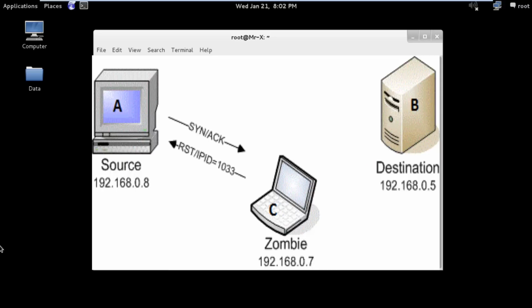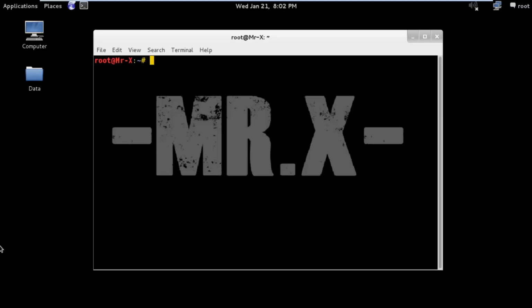Hence C replied with a reset packet using IP ID 1035. Else, if the IP ID is 1035, increased by 1 since the last transmission, then the port is closed, assuming that B simply responded with a reset or nothing at all. Hence C did not have to communicate back. You must notice that to collect reliable data, it is important that computer C does not communicate with any other devices while running the scan. Otherwise its IP ID will increase dramatically anyway. This is why the zombie device should be chosen carefully to be ideal.